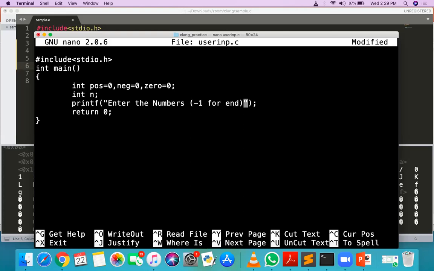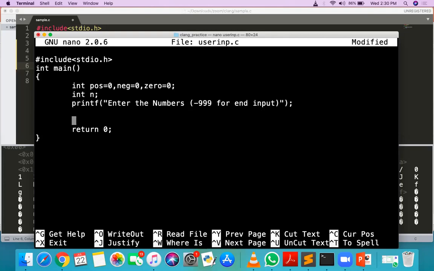So if the user has inputted -1, then it means that there is an end, or you can even put -999 to end input. The user will continue to add numbers, but if the user has entered -999, we have to stop.